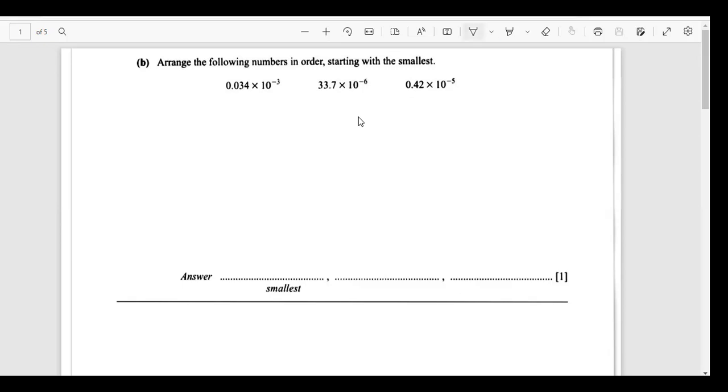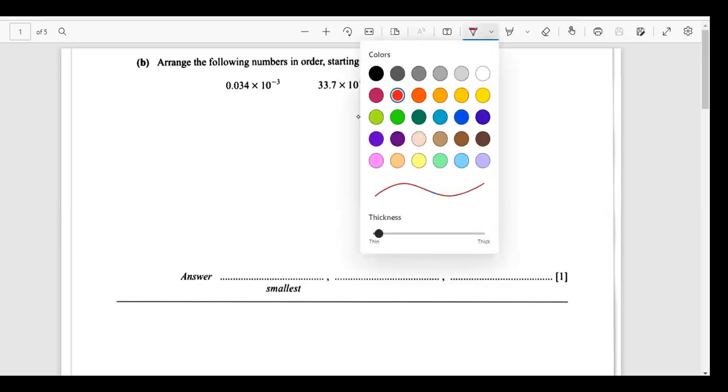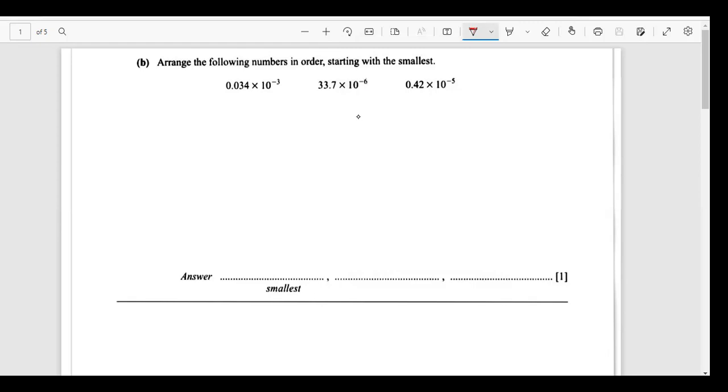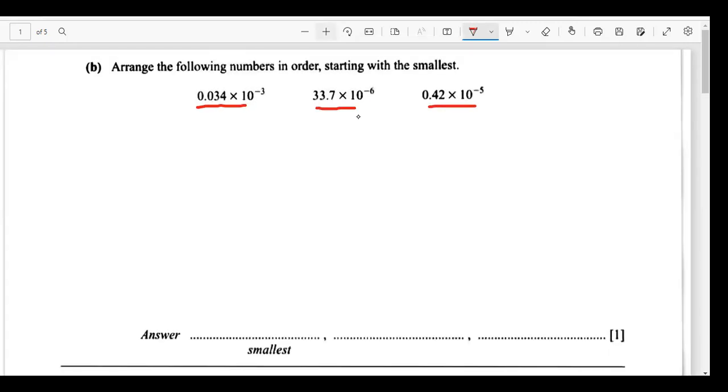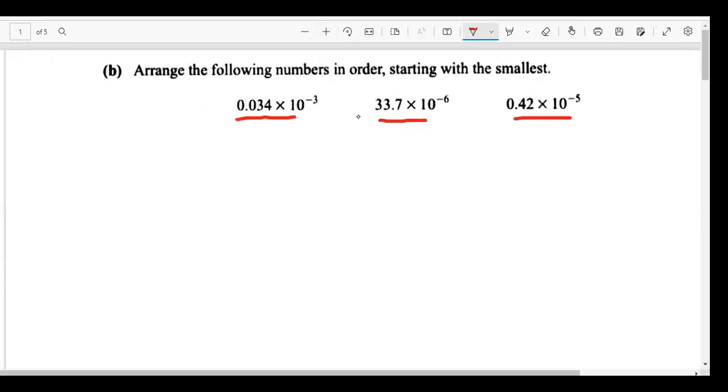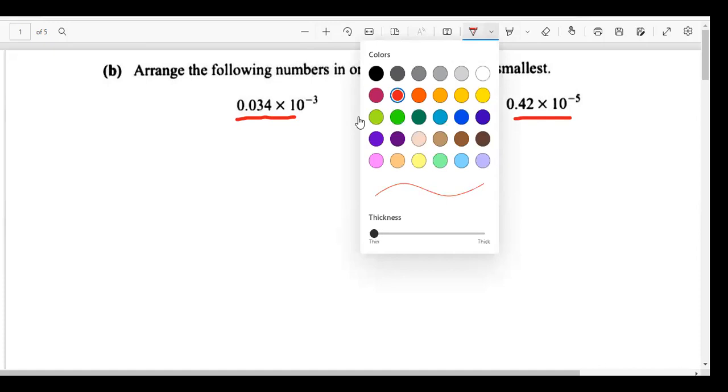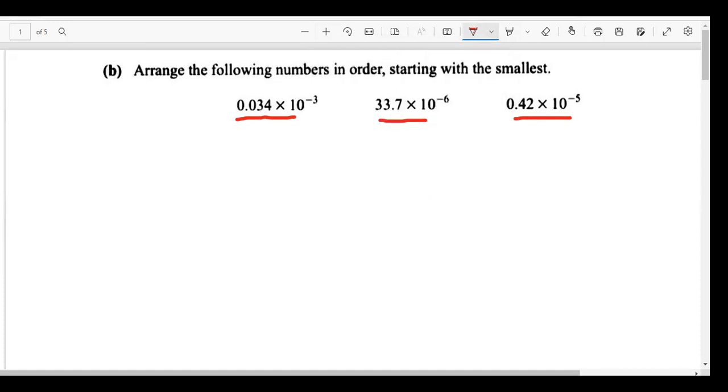Let's talk about the first example, the first question. It's a past paper question, and then things would become clear. We have these three numbers. First of all, I will write them down in a way that I can understand easily. I will be explaining a few things in the beginning, and then it would get clear with time. The first one is